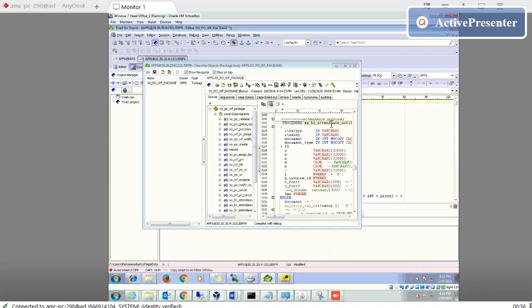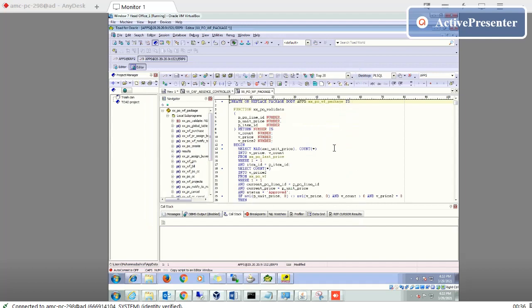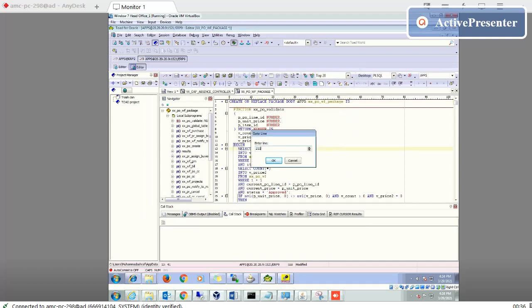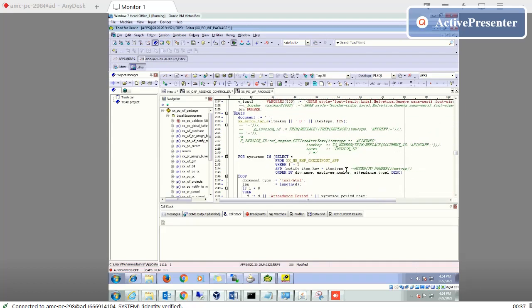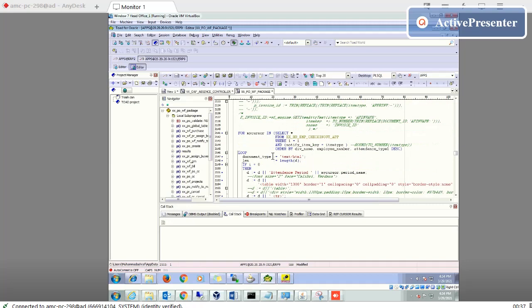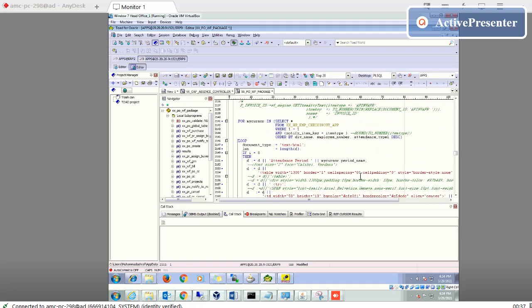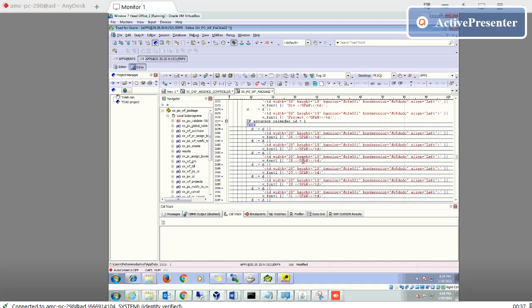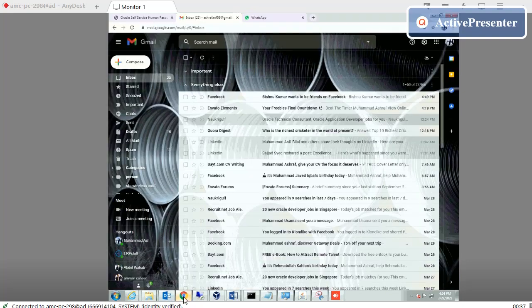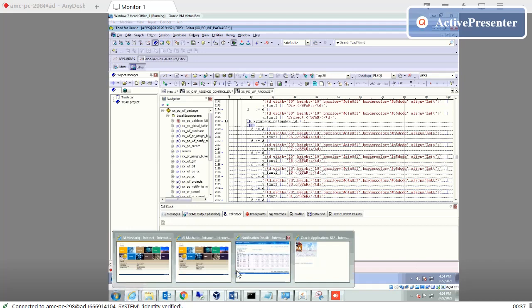Then I go to 2111. I open this one. See here, I wrote one code here. Make the HTML tag, create the HTML tag, and make the format the same as this code.